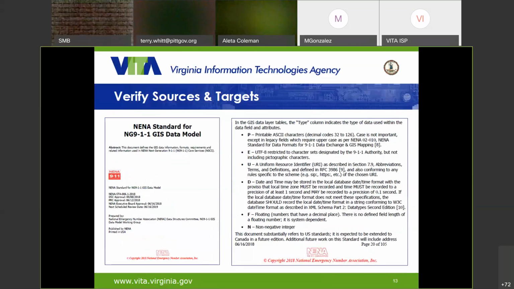In addition to the tables, some documentation, and it always varies depending on the issuing agency or the software provider, will organize things differently. But in addition to those schema tables and layouts, it usually provides other helpful sections like, okay, we know you're not used to seeing P in a type column, but here is what P means. It means printable ASCII characters, decimal codes 32 to 126, and kind of lets you know other things that may help you think about